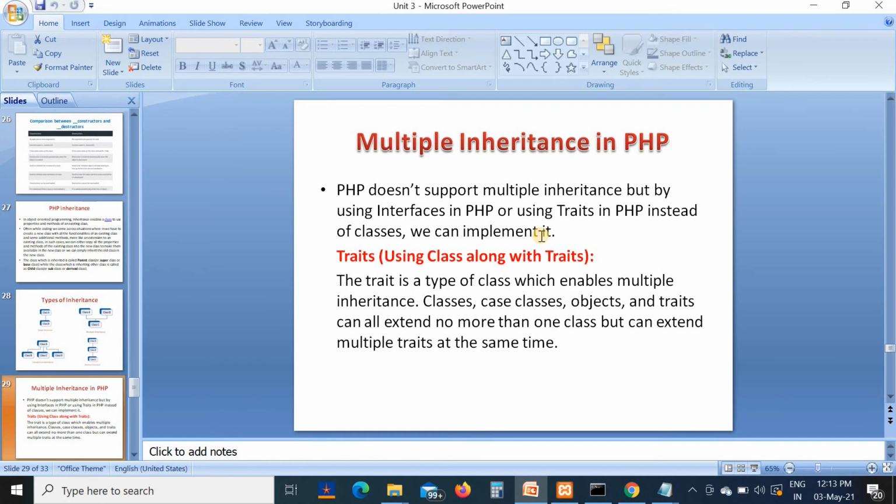There are two options for implementing multiple inheritance in PHP, either by using the concept of interfaces or by using the concept of traits.